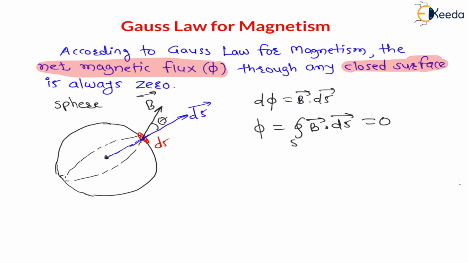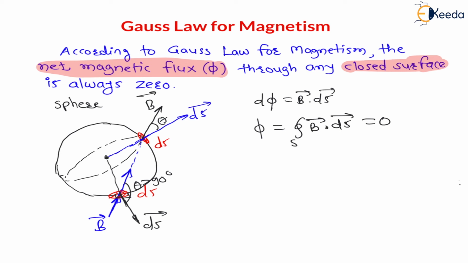Let us understand this flux whenever it is entering. Now if I check this flux, this is B during entering, and this will be the direction. If I consider the same small dS here, at this location the angle will be like this. This will be the dS direction, which is perpendicular to the area, and the angle between them is definitely more than 90 degrees.